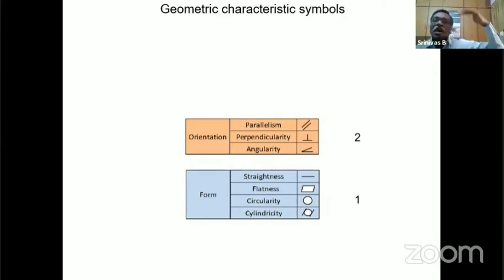The roof is parallel to the floor. The vertical wall is perpendicular to the floor. Means you are specifying a leader. However, to say just flatness, you need not require a datum. This wall is flat. The statement is completed there itself. But you cannot say the slip gauge top surface is parallel. It is parallel to the bottom surface. The bottom surface is the leader. Understand? That is why it is higher order.